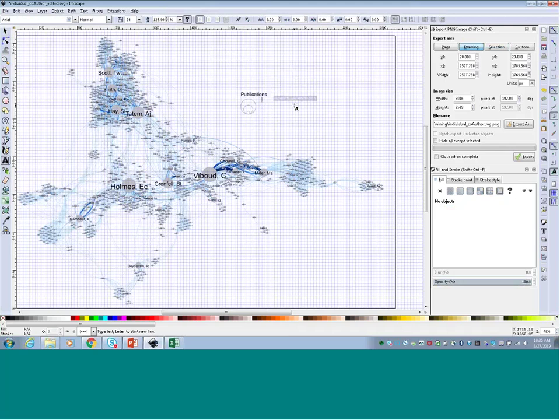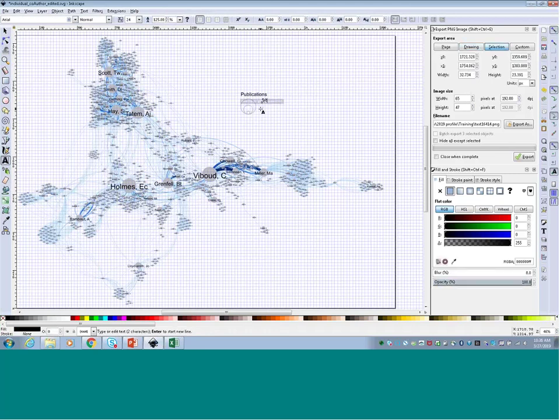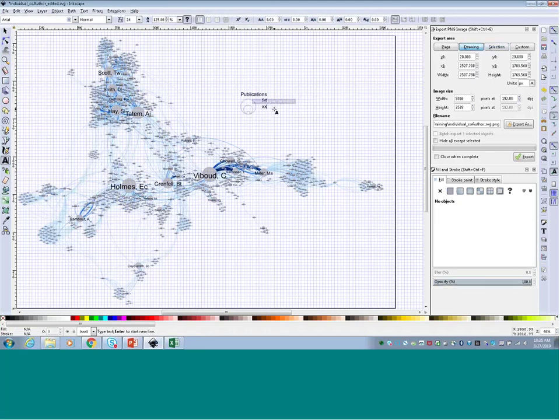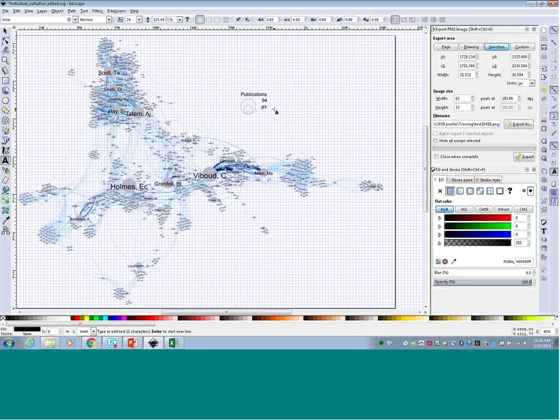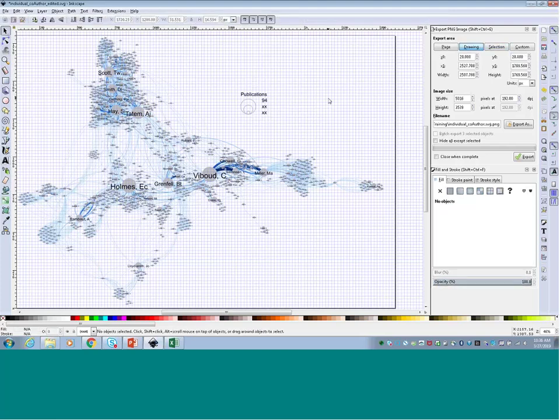So we can click in here, say 94 is going to be the largest. I'm just going to add another one. I'm going to figure out what that 3 square circle is going to represent. Create another one for what the smallest one's going to represent, and I'll go in from there.